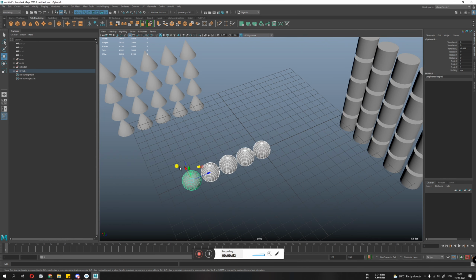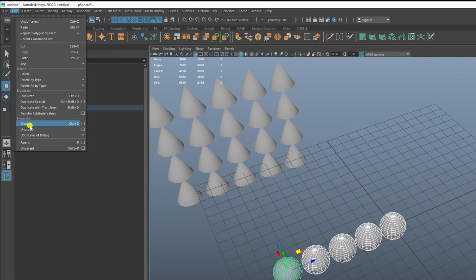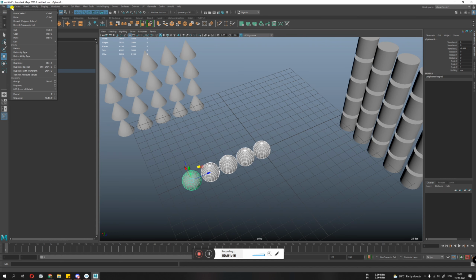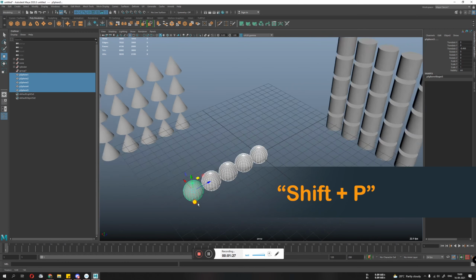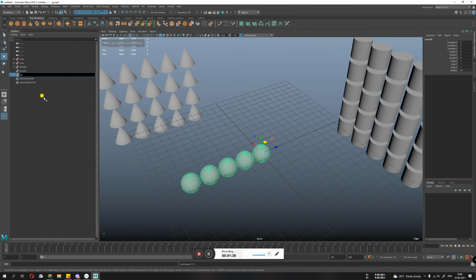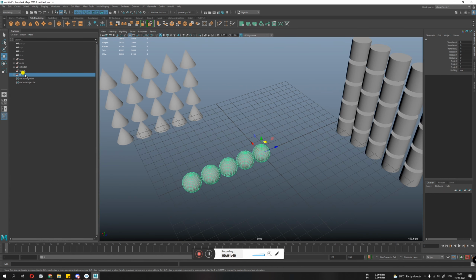There is another way to create a group. You go to Edit and then Group. The shortcut is Ctrl G. And to remove something from a group, you can press Ungroup in Edit, or the shortcut is Shift P. Shift P also works for ungrouping objects or unparenting normal child objects. There is another way you can put things into a group. Let's say I have this in a group named SS, and let's duplicate the group.